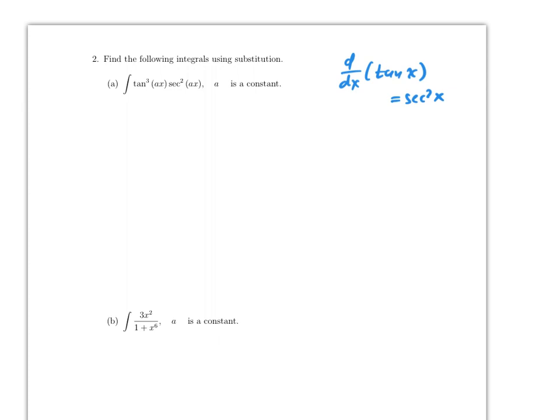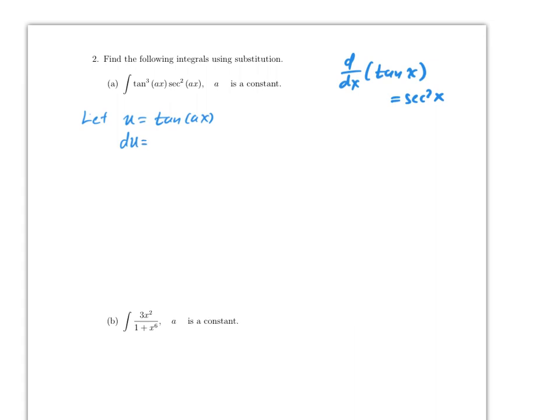So therefore here you see you already have secant squared in here. So therefore that can help us to identify that u should be tangent x. So therefore if we let u be equal to tangent ax, where a is a constant, then